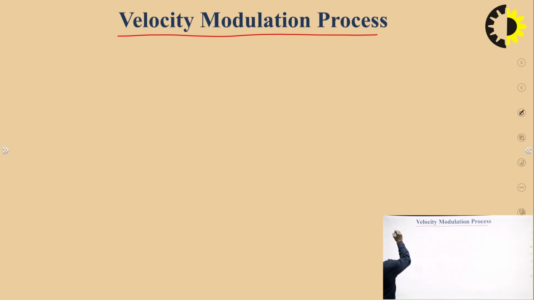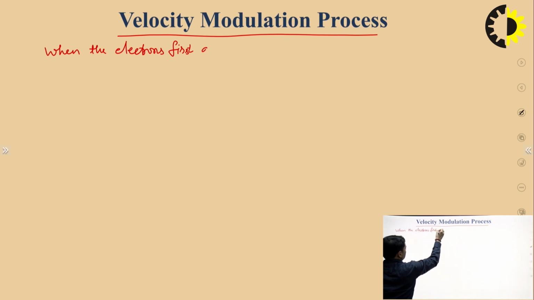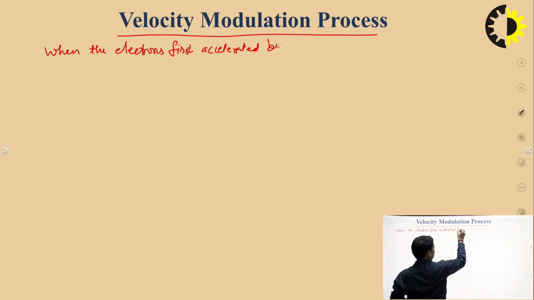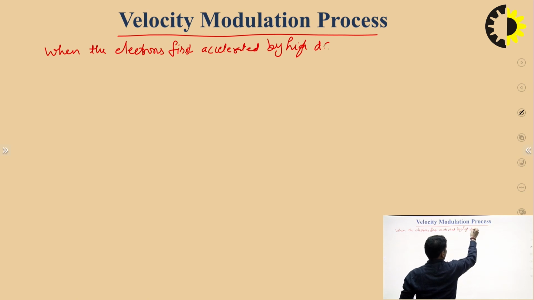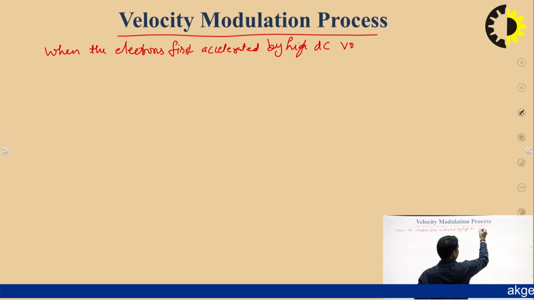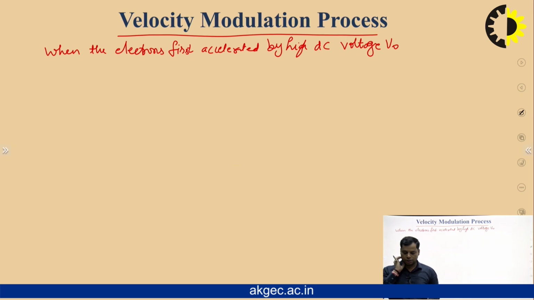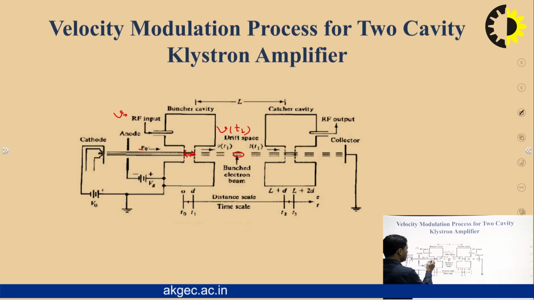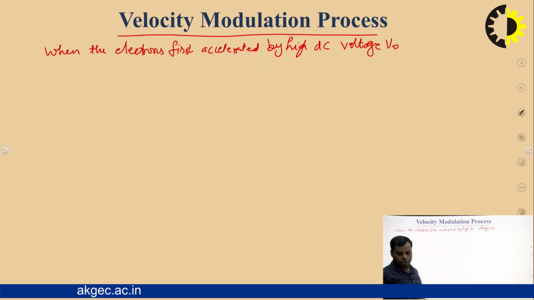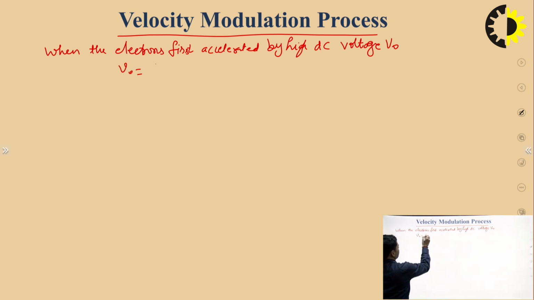When the electron is first accelerated by high DC voltage V naught, the velocity at this point, before entering this buncher cavity, that is, entering this space, is uniform and it is given by V naught is equal to under root of 2 into e into V naught over m,